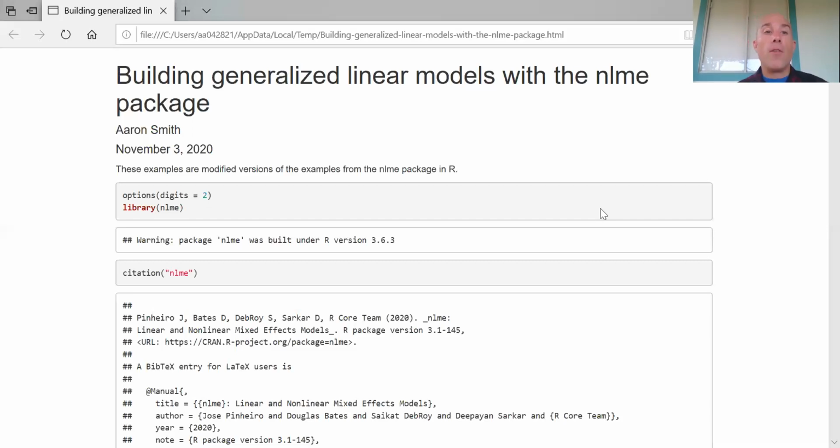This package is probably the most common implementation of generalized least squares in R, so I decided that we're going to go over it. This video is just going to go over functions in this package. When to use what, why to use it, and other details are not going to be covered here. This is just so that it gets on your radar, like, hey, I know that I have these options, and you can go and look at the help documentation and textbooks to see what is the best